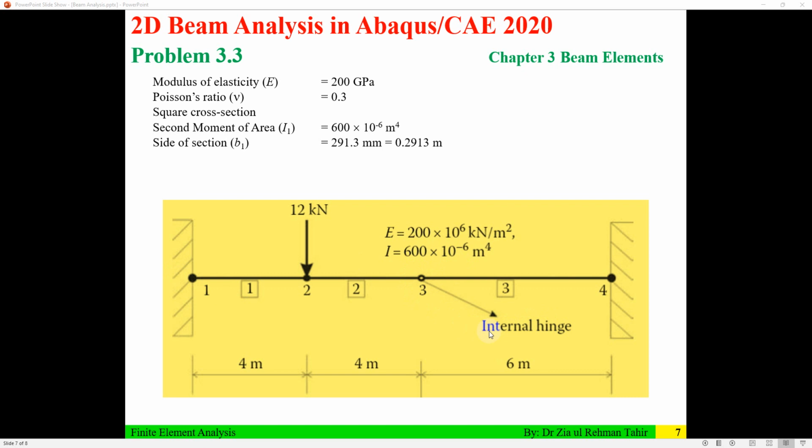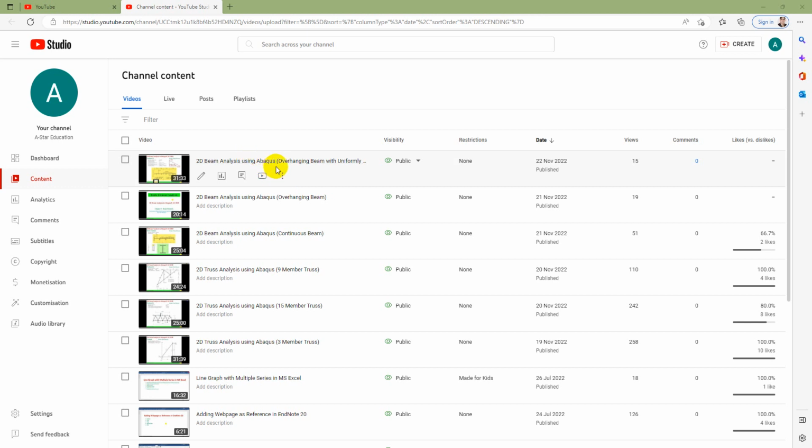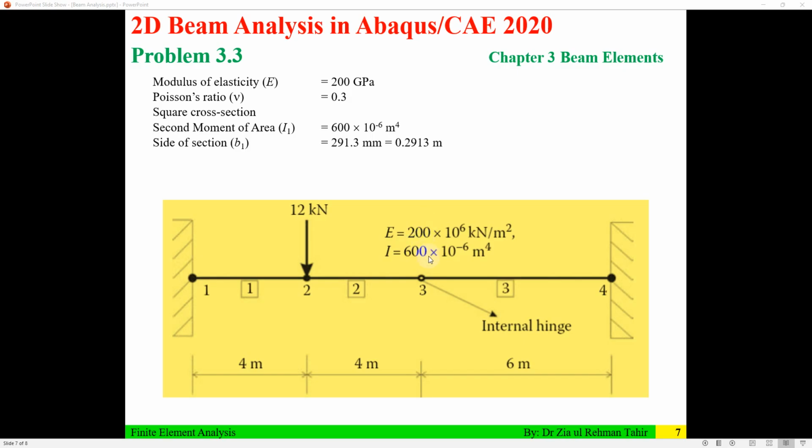So the modeling of beams with an internal hinge is different compared to the other beams in Abaqus. You can watch these three videos: continuous beam, overhanging beam, and overhanging beam with uniformly varying load for other types of beams. So in Abaqus, a beam with an internal hinge is modeled as two different beams or